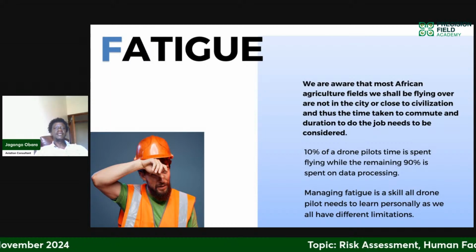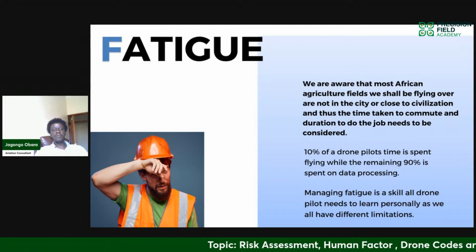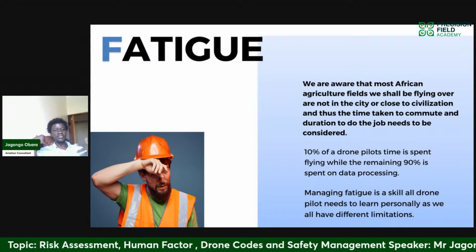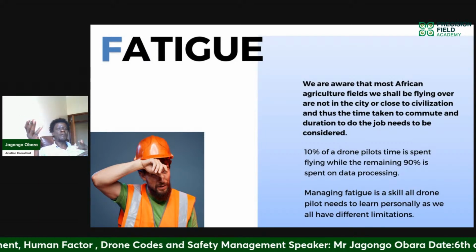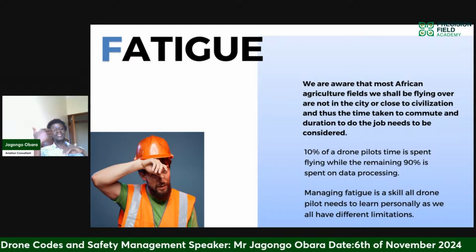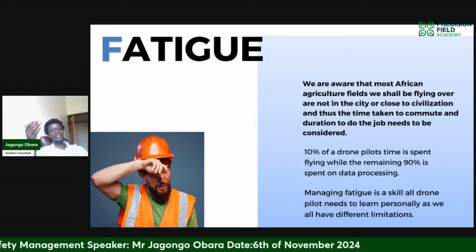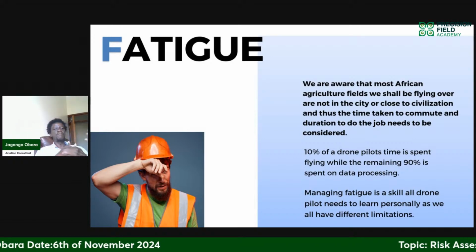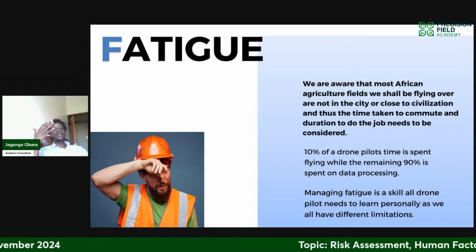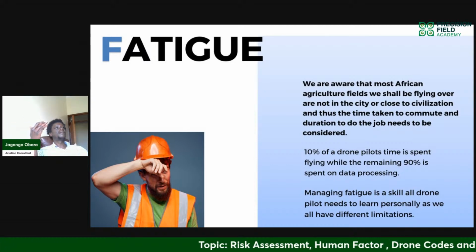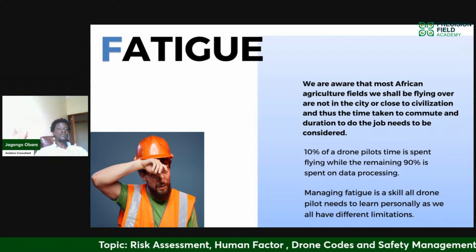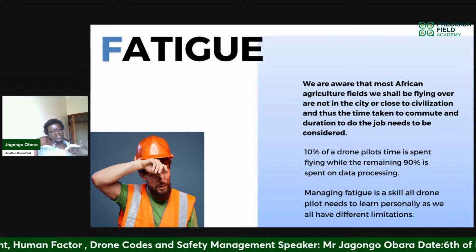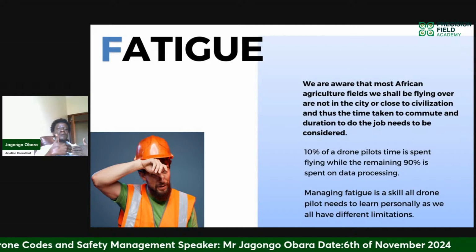And as I said, again, there are some people who can work 24 hours a day. They can fly during the day, they can process data overnight. Tomorrow, they're with the farmer. The next day, they're with CAA. The other day, they're done. And on the fourth day, they're moving on to the next client. It also varies from pilot to pilot. I, for instance, might do one job and I'm so exhausted, I don't want to see another client for the next 1 week. It just depends from pilot to pilot on what you can handle as a person.